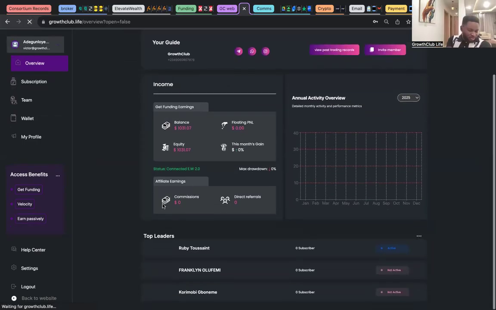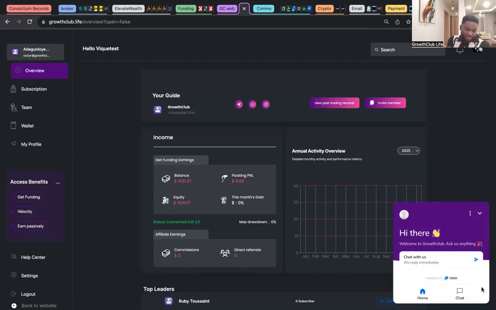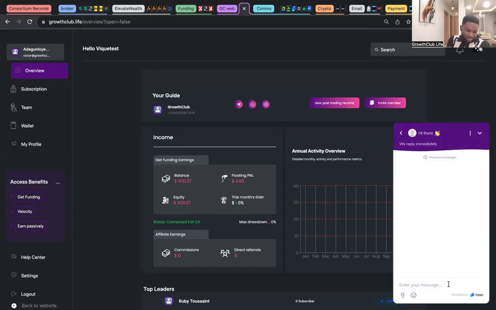Typically, there's always a chat with us box somewhere here. I don't know why this disappeared after I found out from the IT team. But if you can't find that chat with us box, oh, there it is. I think I zoomed into my screen. So just come here. If you have an issue, you can start a chat and then ask a question on the chat box. Most times our AI system would give an answer to that. But if you can't find the answer to what you want,